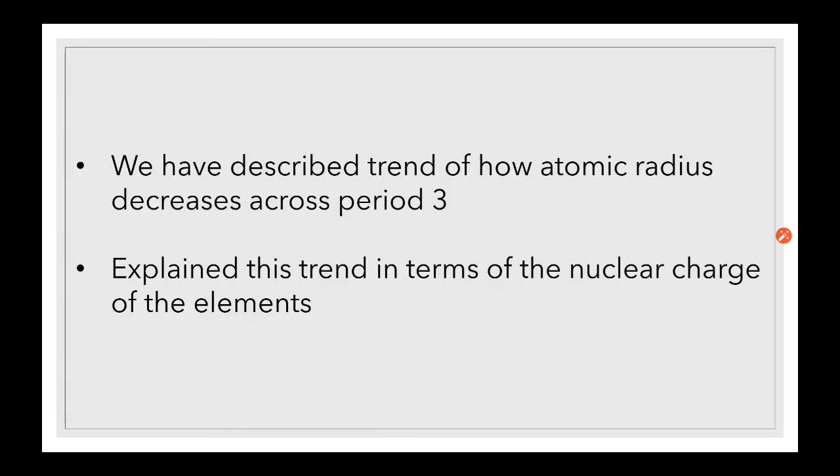So what have we done today? We've looked at describing the trend of atomic radius decreasing across period 3, and we've explained this in terms of the nuclear charge of the elements there. There are more protons as we go across the period, and they bring with them extra electrons, but those electrons do not significantly affect the shielding. So there is a greater